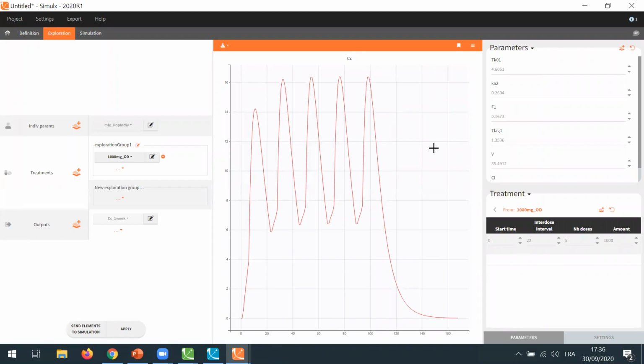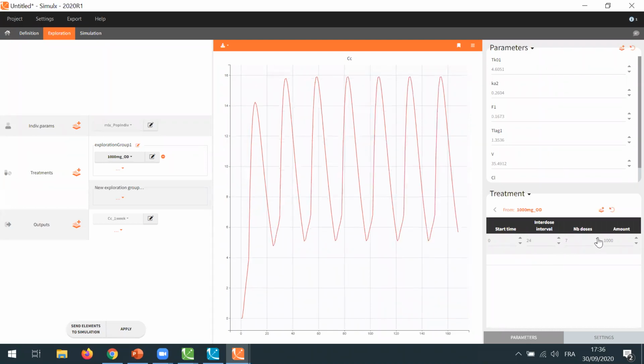For theophylline, the standard therapeutic range usually considered is between 5 and 15 milligrams per liter. So if I come back to my initial treatment of 7 doses every day, I can see that the steady state concentration with 1000 milligrams once daily for the typical individual is a bit higher than 15 milligrams per liter at Cmax. So this treatment will induce toxicity in patients.